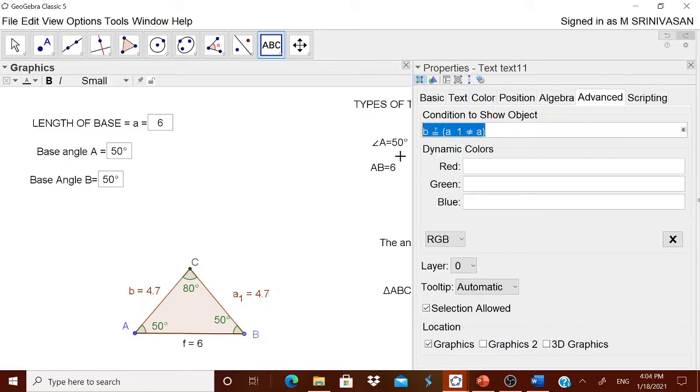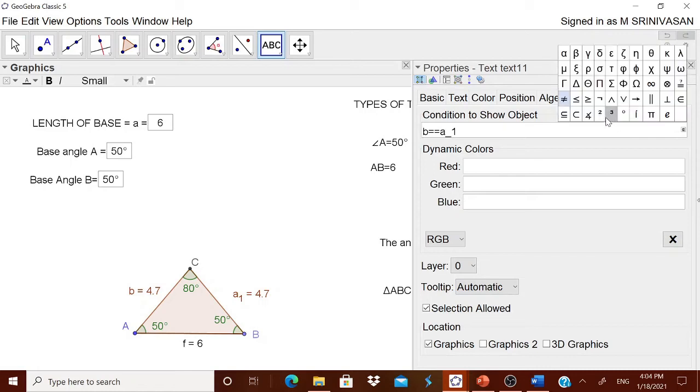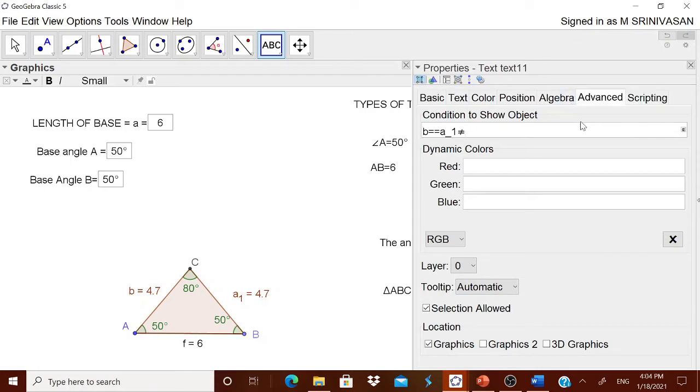Once again, I will just type it once again. Okay. B is equal to A underscore 1. Double equal to sign you have to put, and then the not equal to sign will come over here, not equal to A. Enter. Okay, now this is to be copied. Let us copy it.